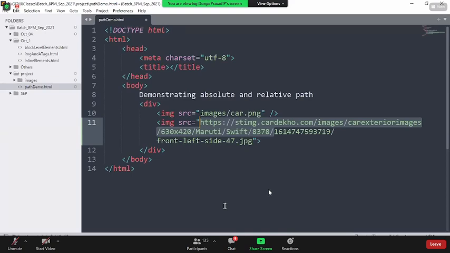So whenever you are submitting my second assignment with the images, when you have some student images, etc., if you have local images, try to submit the images also into the Git and put the relative path. Don't put the absolute path. Okay. So hope everybody is clear till here.